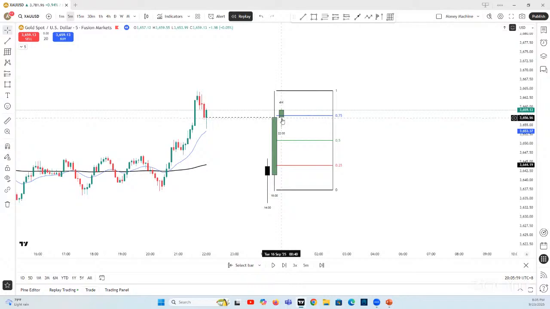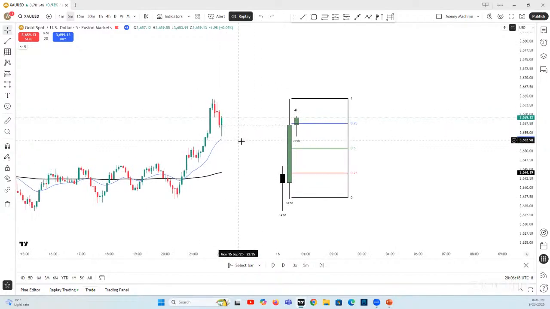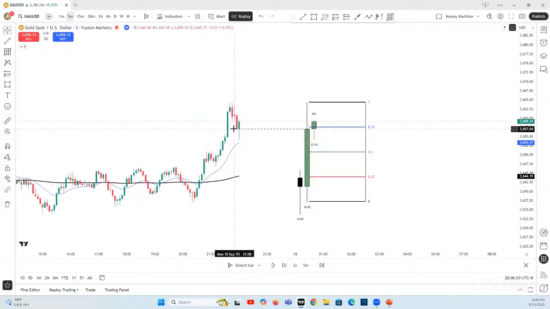Okay, you see, it's already in the optimum area, which is good. Because if there is no, you get the idea, my friend. That's why this strategy is very easy. Once it opens there, now it's there. Now all you need is your confirmation candle. Let's see now what will happen.